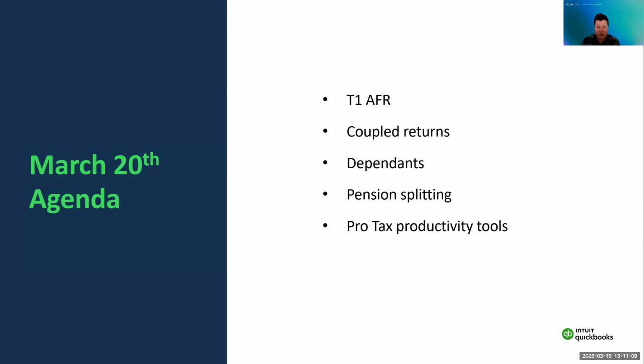Okay, then tomorrow we'll also be going through ProTax productivity tools. We want to really enhance our productivity and our efficiency as well, so using ProTax to do that. And then for those self-employed clients that you might have, we're going to be going through a T2125, which is the business activity statement, kind of like the profit and loss from QuickBooks Online Accountant, taking that all the way through to ProTax and being able to save a lot in the mapping and filing that through ProTax.